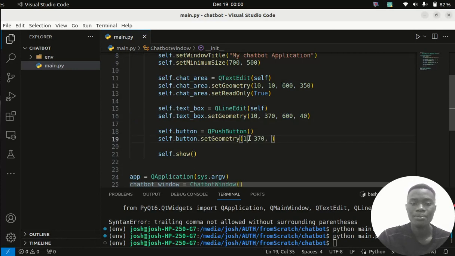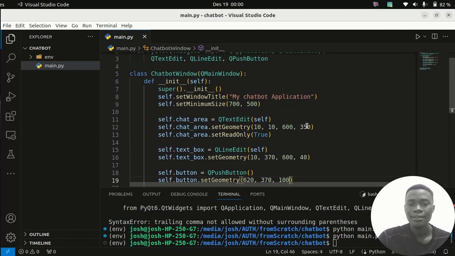So we can make it as 620, and then the width of this can be just 100,